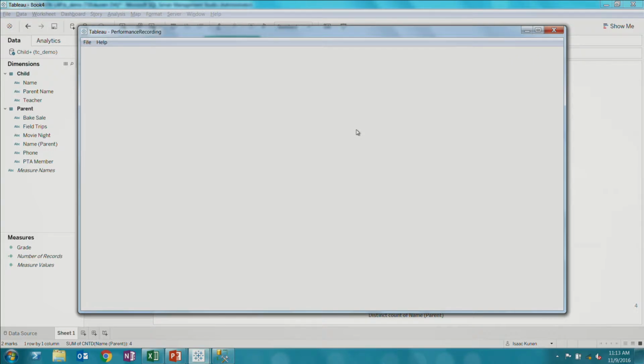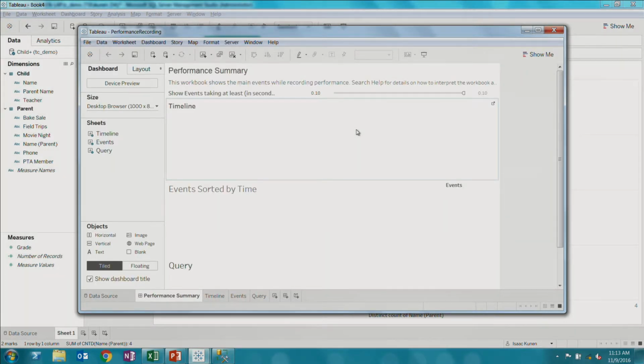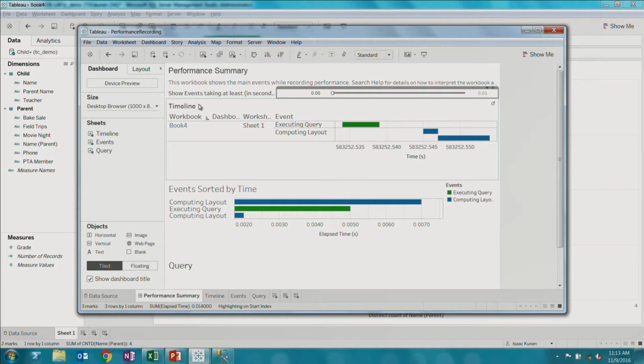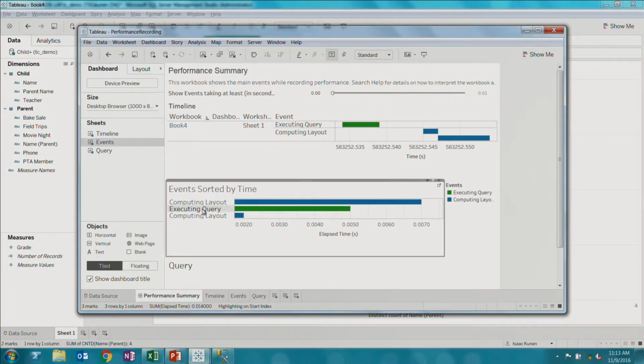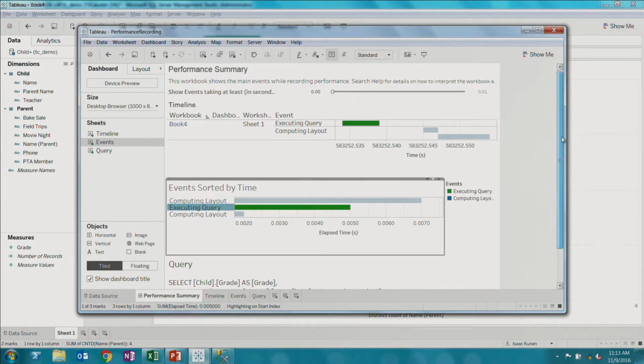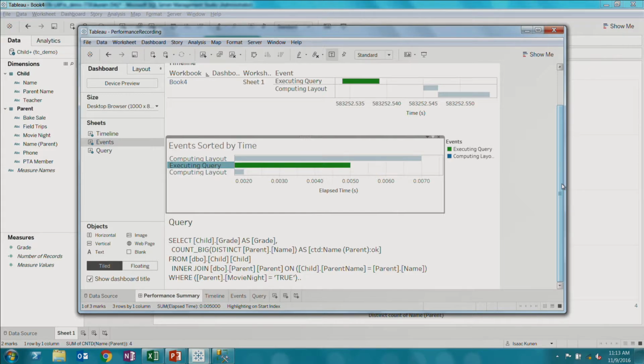And once it does, I get a nice worksheet that has nothing in it. Now, there's nothing in it because my data is so small and those queries execute so quickly that it's filtered them out. So I'm just going to take this time and drop it down to 0. And now what I see is I get a few events, but in particular, I get this one query. And if I look at the query that was issued, it should look pretty familiar.